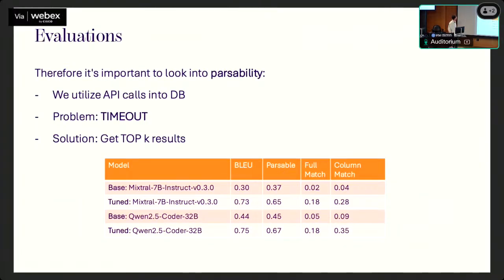So one additional option is, as I mentioned, to use the APIs to query the database and get some results. Here you can see the blue, the parsability, which again improved, let's say, twofold. But as you can see, the matches are quite low, even after fine-tuning, around 30% column match, for instance. The problem is that the model doesn't hallucinate per se. But if the prompt doesn't specify what to name the column, the model can name it infinitely many times, so your exact match is not going to be correct.